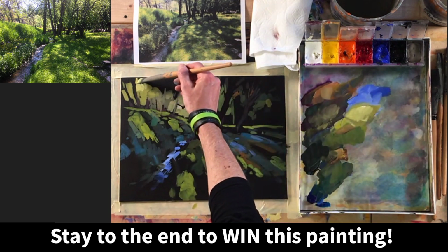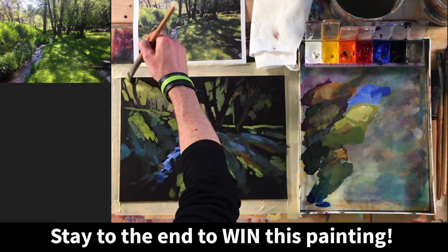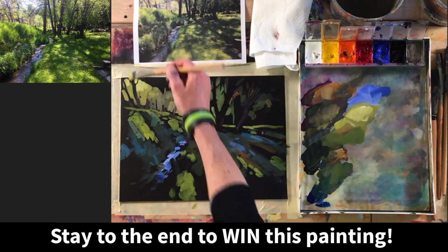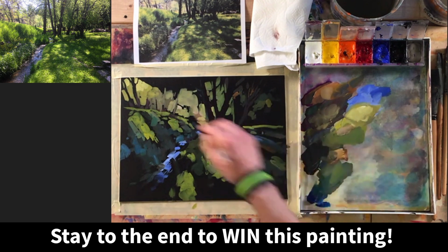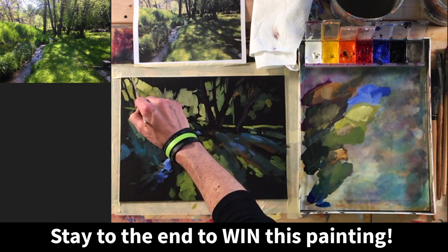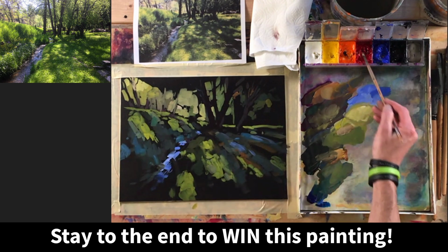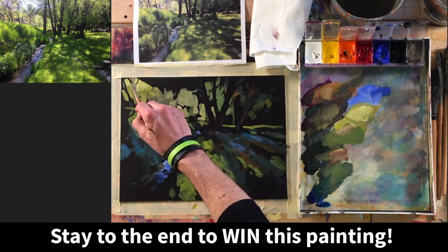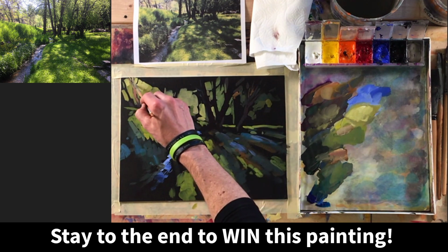And so recently I'll go in these spurts where I paint a lot on black and then I don't for a while, and it kind of comes and goes a little bit with me. But when I paint on black, sometimes I think, why do I ever paint on other things? Because I really do like it. It's really fun. And I also like the fact that